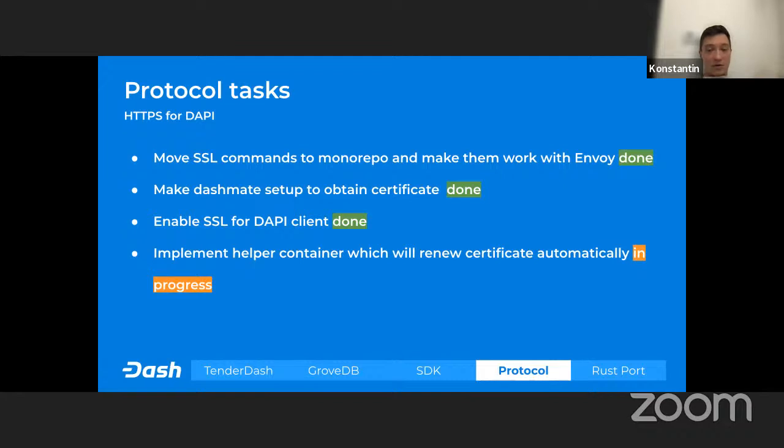You can use self-signed certificates for local development. You can use your own certificates, or a certificate provided by the Zero SSL provider for your testnet node.